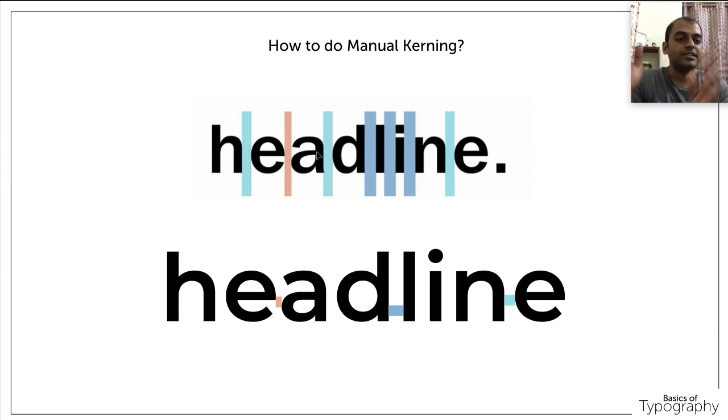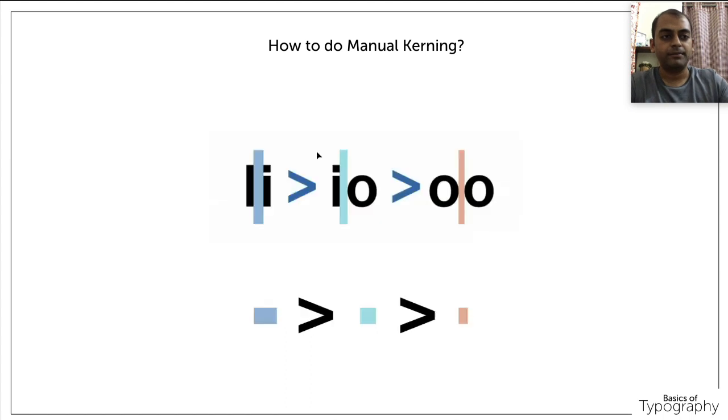So next thing, once you identify the troublemaking letters and correct the kerning, how much spacing you should adjust between the letters depends on this principle. It depends on the area of the character; the spacing has to be adjusted accordingly. So this spacing is more compared to this spacing and compared to this spacing.